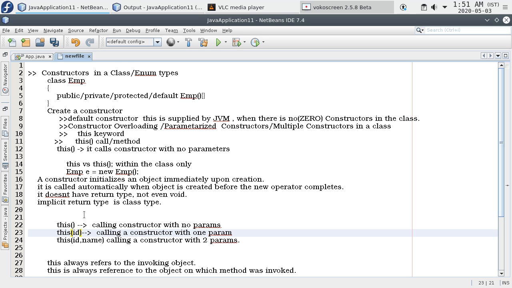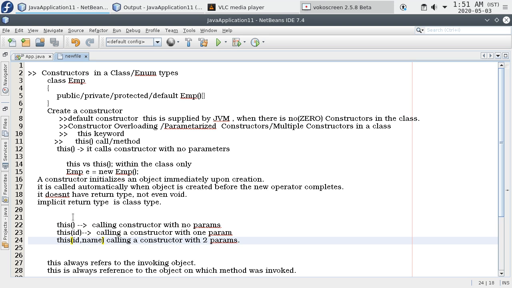And there is another keyword called super, mainly used in inheritance. Meaning of this is it calls a default constructor which has no parameters. This means it looks for a constructor which takes an integer argument, only one argument.